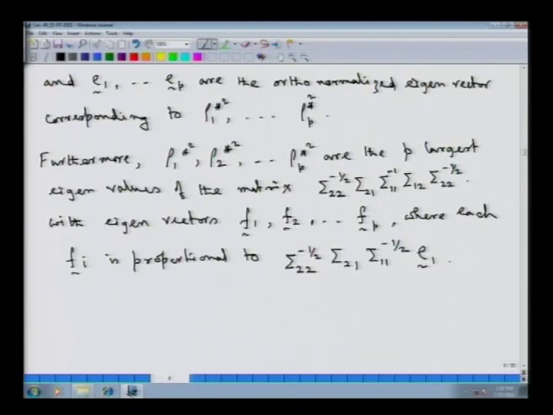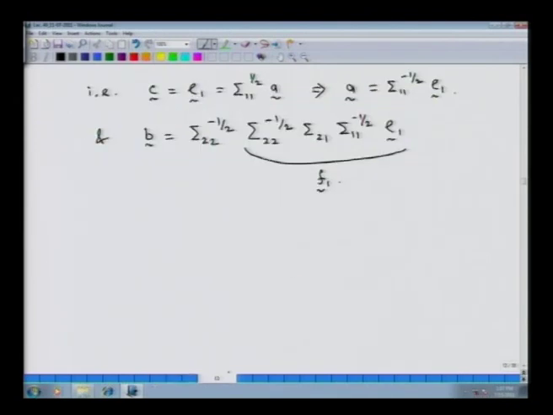What we had was that Fi is proportional to this particular quantity here, and hence this is what we are going to have as F1. Now, if we look back at the expression of the correlation of those two linear combinations, which were of the form A prime x and B prime y, we had seen that this was less than or equal to,